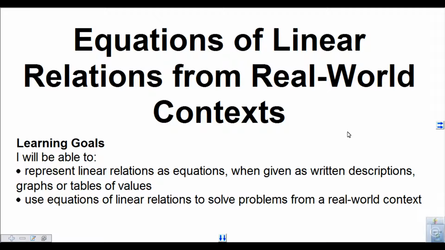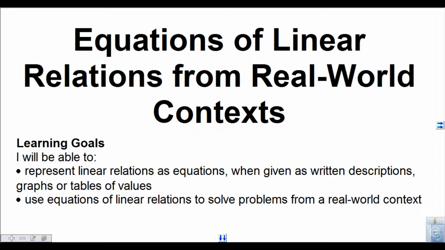Hi, in this video we're going to learn how to write an equation of a linear relation from a real-world context. So the learning goals for this video are to be able to represent linear relations as equations when they're given as written descriptions, graphs, or tables of values, and then also to use these equations to solve a problem